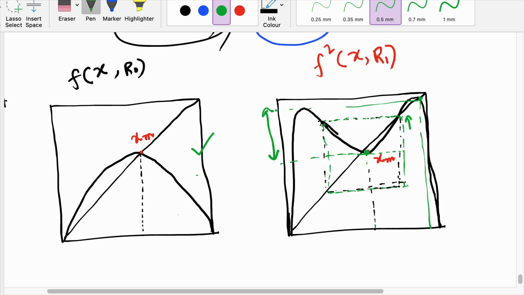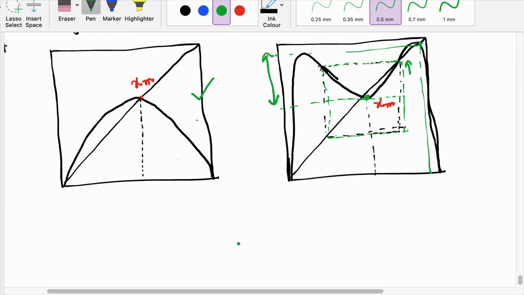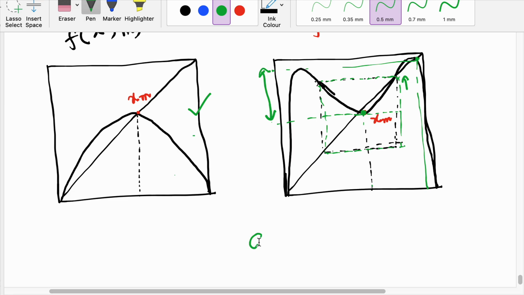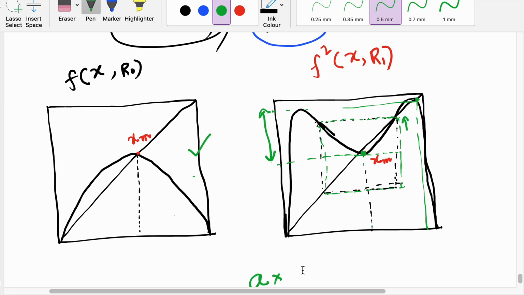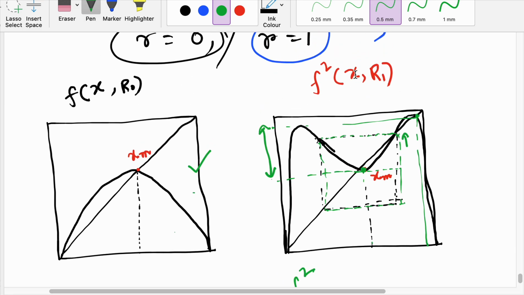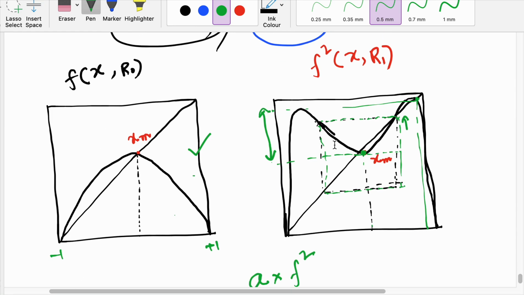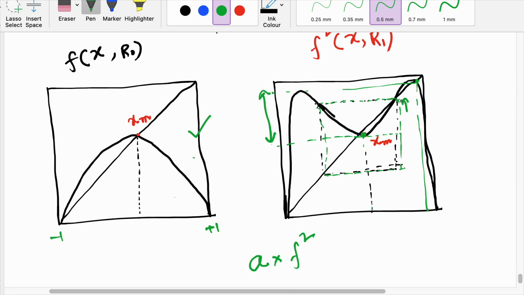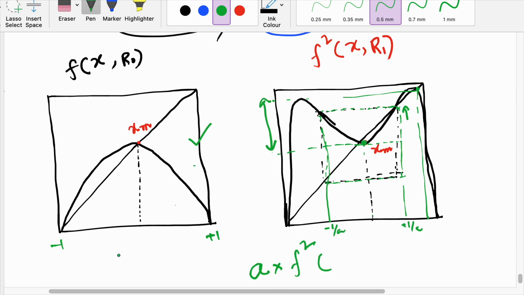Normalize means we have to zoom, we have to make this y-axis bigger, so that means we have to multiply this f square by some constant. And here x goes from, suppose, -1 to +1. So here it goes from -1 to +1, but it can't go from -1 to +1. It should go from here to here. Suppose this is -1 by a to +1 by a. So this is smaller than 1.